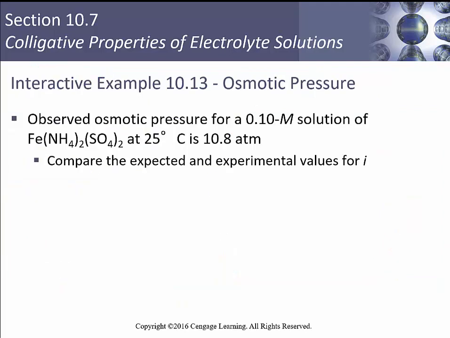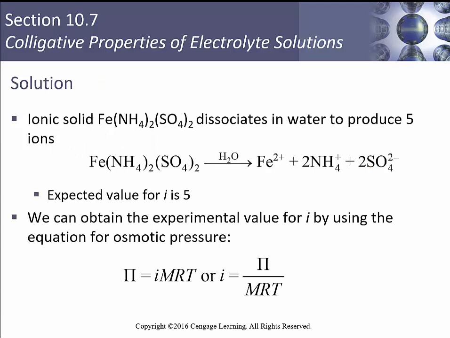The observed osmotic pressure for a 0.1 molar solution of iron ammonium sulfate at 25 degrees C is 10.8 atmospheres. We're going to compare that to the experimental values for i. Right, so this is what we measured, and this is what we're going to figure out what it should be in theory. So our ionic solid, FAS, iron ammonium sulfate,